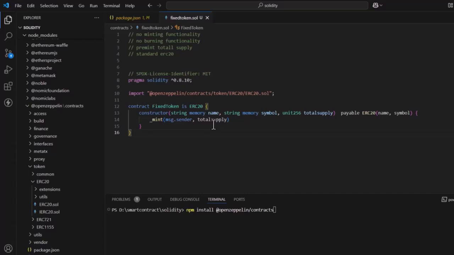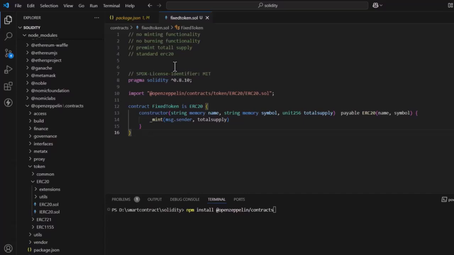That means when you want to create a token of 1 million total supply, you need to pass this 1 million as the total supply when we deploy the smart contract. After that, we don't have a functionality of minting additional tokens, and we also don't have a functionality to burn to decrease the total supply. So it is a very simple smart contract which implements the ERC-20 token standard, and this is a fixed token. Total supply is known, no minting functionality, no burning functionality,